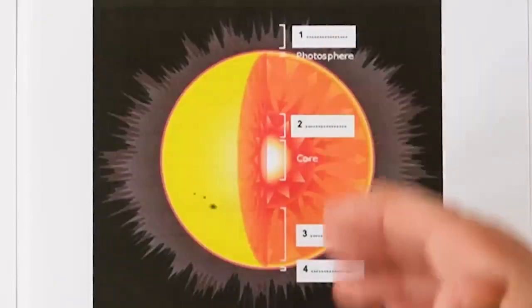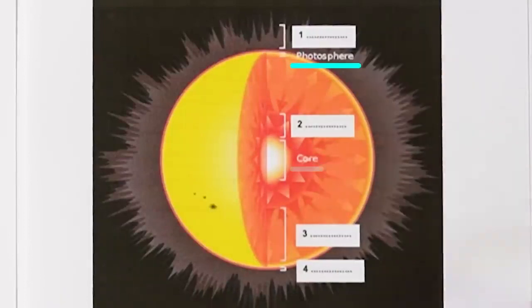The next step is we would look for any keywords. Okay, we have photosphere, we have core, we've already talked about that. We don't need to worry about that, we can move on. Next, we're going to predict the type of words that might come up, or predict what might come up at all. Type of words as in